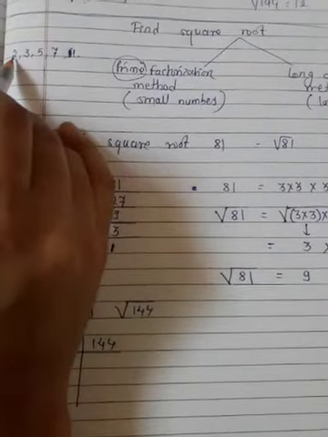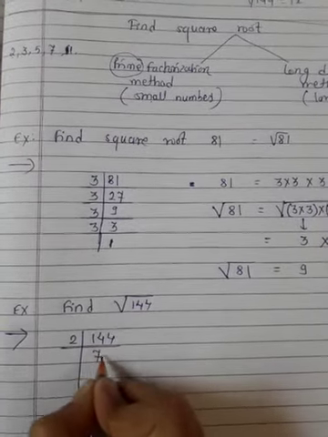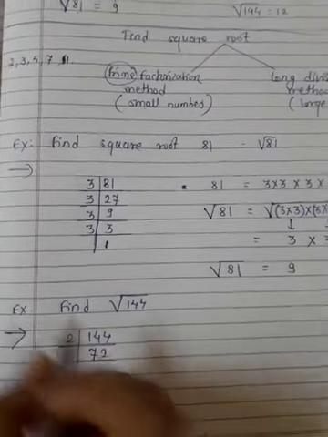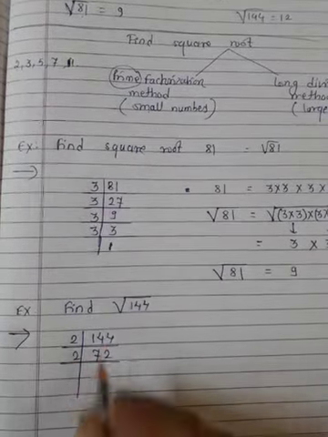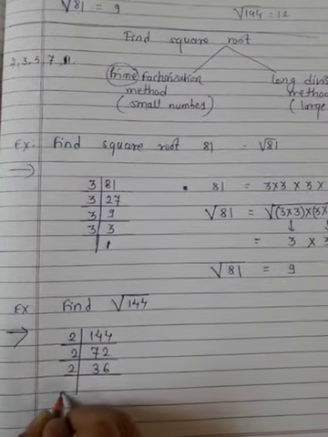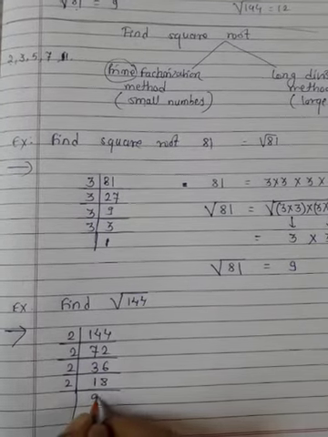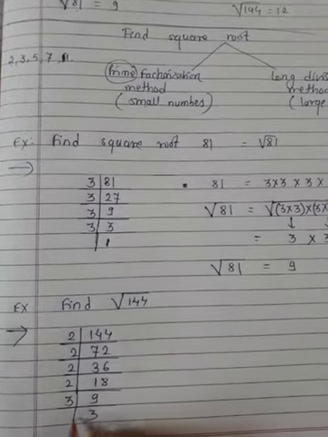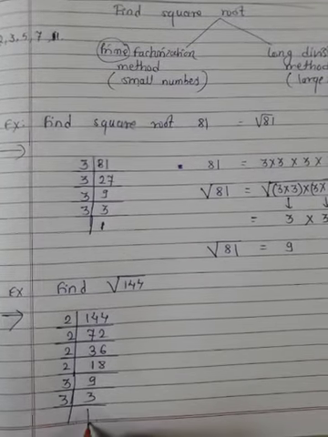We know 2 divides 144. So divide 144 by 2, we get 72 as a quotient. Again divide this 72 by a prime number. Again 2 divides 72, so here we get 36. Again 2 divides 36, so we get 18. Again 2 divides 18, so we get 9. But see, which number divides 9? We know 3. So 3 3s are 9. Again, which number divides 3? 3. 3 1s are 3. So here we get 1 as the quotient.